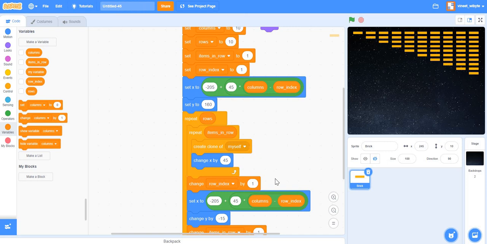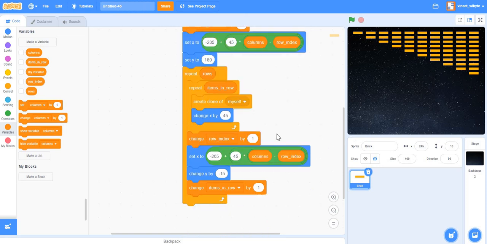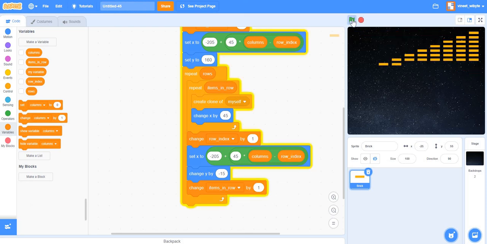Next, I will come back to minus 245 plus 45 times columns minus row index. But since I would have increased the row index by 1, I would basically come back to this point, right? So columns minus row index will become 8. So it's as though I've taken 8 jumps from here. I would come back to this point, and then I would place 2 items, and again I'm incrementing the number of items. So let's see if this works.